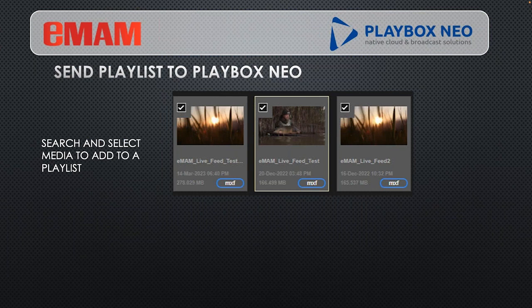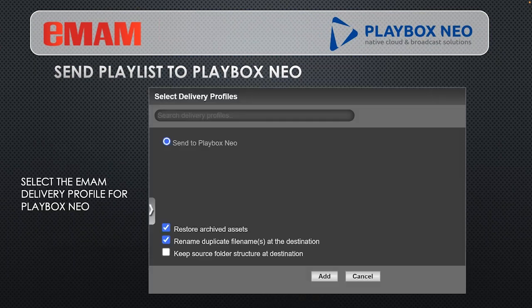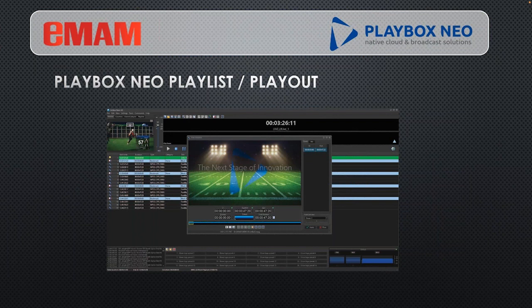So the easiest way to do that when you're selecting the media, again, you use the search tools within the MAM system to find very specific content, all based on maybe some of the metadata that was associated with it, be able to find that, select the media, and then select add to delivery within that option. And then with that, you select the predefined delivery profile that creates that XML, and that XML drops into a watch folder that the operator for the playlist grabs and drags right into the